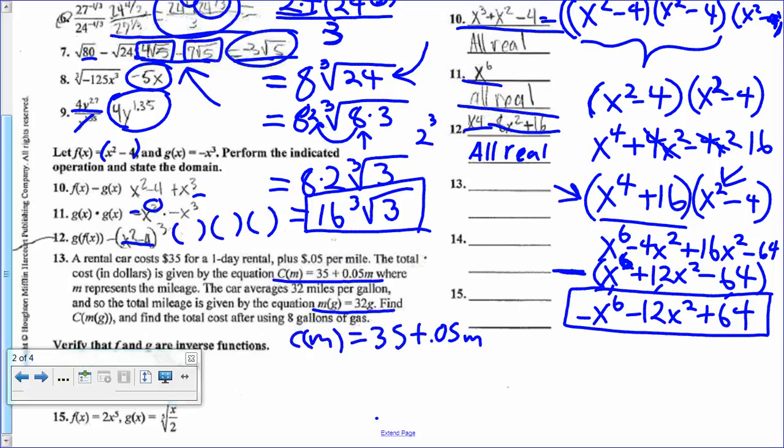Per mile. So C of M of G is going to be 35 plus point